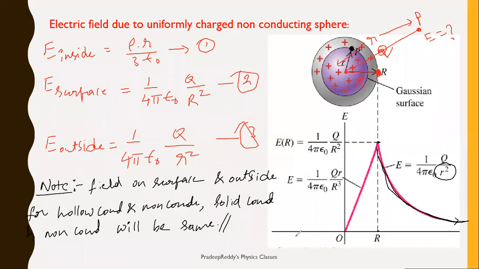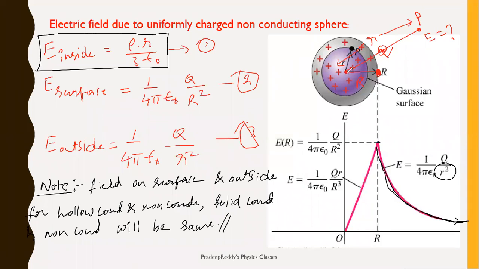Clear? So this is how you can find out electric field inside the material and outside, as well as on the surface. Outside it will be the same as on the surface, and outside it will be the same as it is for a hollow sphere. But the only thing is, inside there will be charge residing in conducting, non-conducting material. Therefore, if you are dealing with field inside the material, it is not equal to 0. So as it is not equal to 0, you will get some value, and that value depends upon radius. So at what position you are calculating the field, it is directly proportional to that particular value.